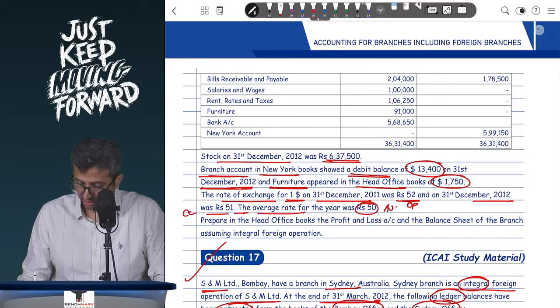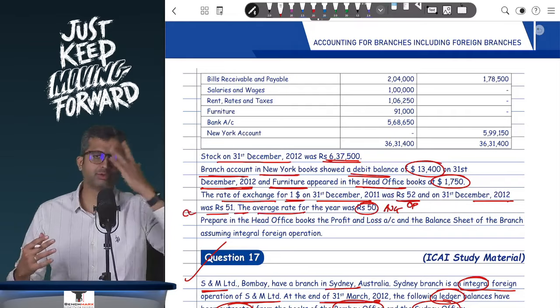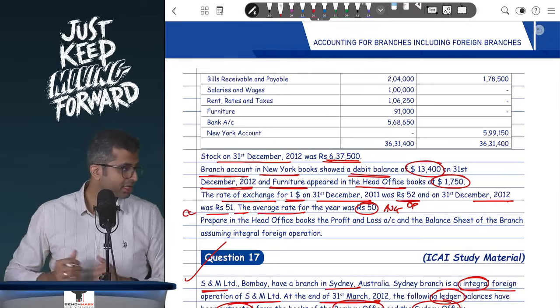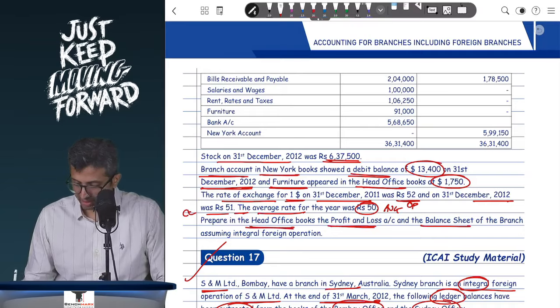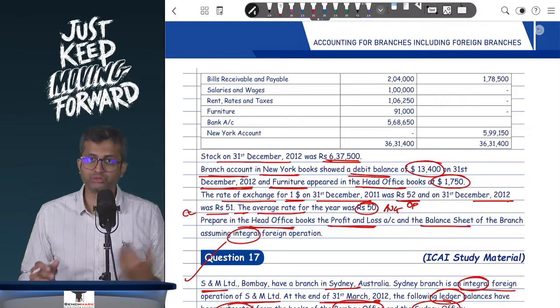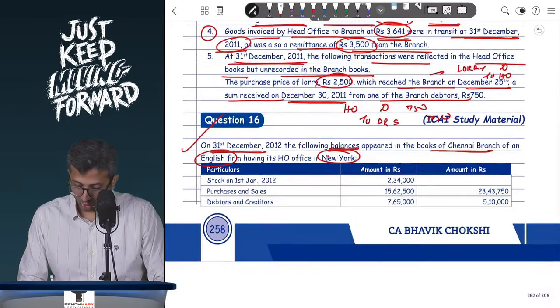This is the average. Now ideally this average could have been 51.5, but that is if you take opening and closing only, but there you can take the average daily, weekly, monthly, in which case the average number can be different. Prepare in head office books the profit and loss and balance sheet of the branch, assuming again an integral foreign operation. Now if I have to prepare this in head office books, I'll have to convert everything of the branch into dollars. Now stock on 1st January 2012,